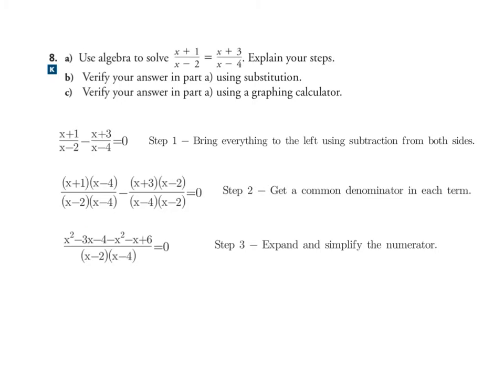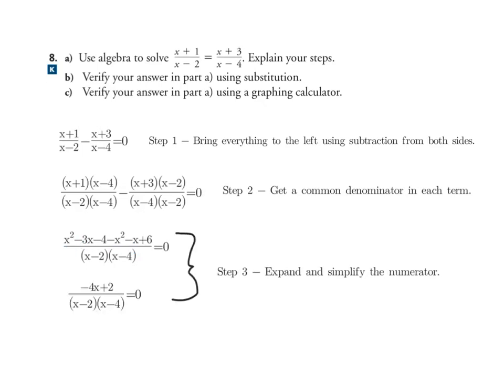All right, so you should expand this. So this is going to be x squared minus 3x minus 4. And this is going to be minus x squared. And then it's going to be plus 3x minus 2. It says plus x. So it's minus plus x, which is minus x. And this is going to be negative 6. So minus negative 6, which is plus 6. And so you expanded both of these and